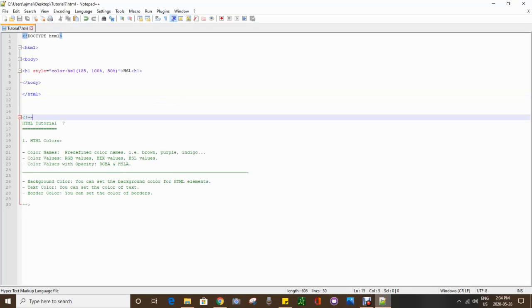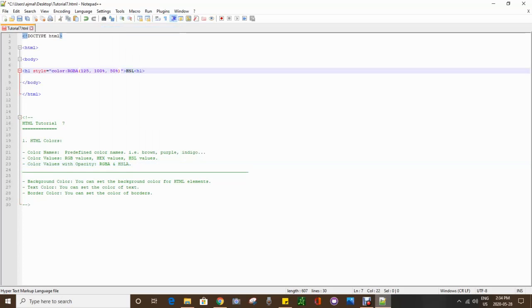Okay, so we covered 3 values: RGB, hexadecimal, and HSL, and there is opacity you can add, but only to RGB and HSL, and those abbreviations are the same with an A at the end. So RGBA and HSLA. Why don't we start with RGBA? So you'll have to copy this and paste it here,